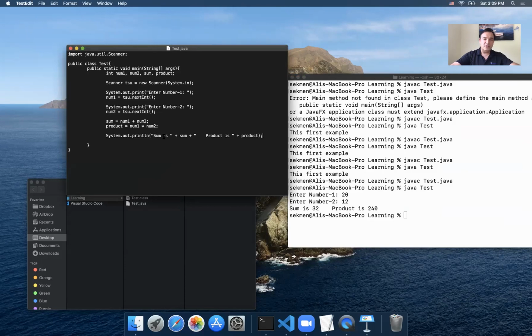So this is a string, this is an int, first converted to string and appended to this. And then this is a string, product is an int, converted to string and appended to this. Or I could have used the printf method,